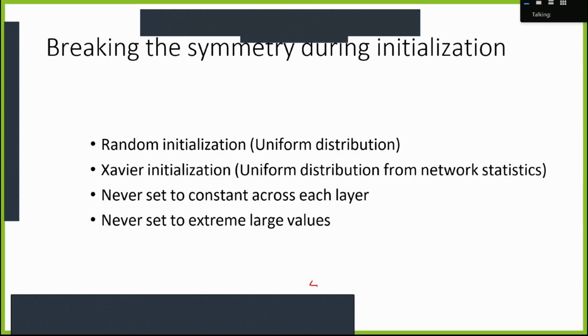If we do not initialize as constant, the first naive way would be random initialization. Usually this is done with a uniform distribution, but this random initialization can also lead to